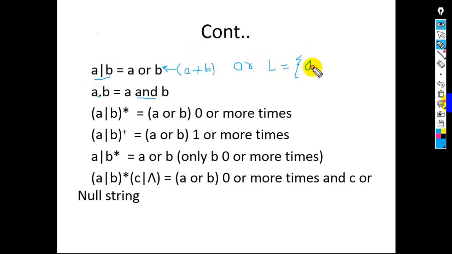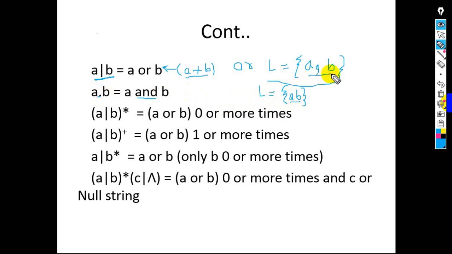So it means A comma B. This is the language, and this is the concise representation or definition of a language. A or B, we can say A plus B. How will we write A dot B or A and B? So the language for this will be just like this. Look at this, A, B. A and B or A dot B, what does it mean? It means AB, there is no comma between A and B, but here there will be a comma between